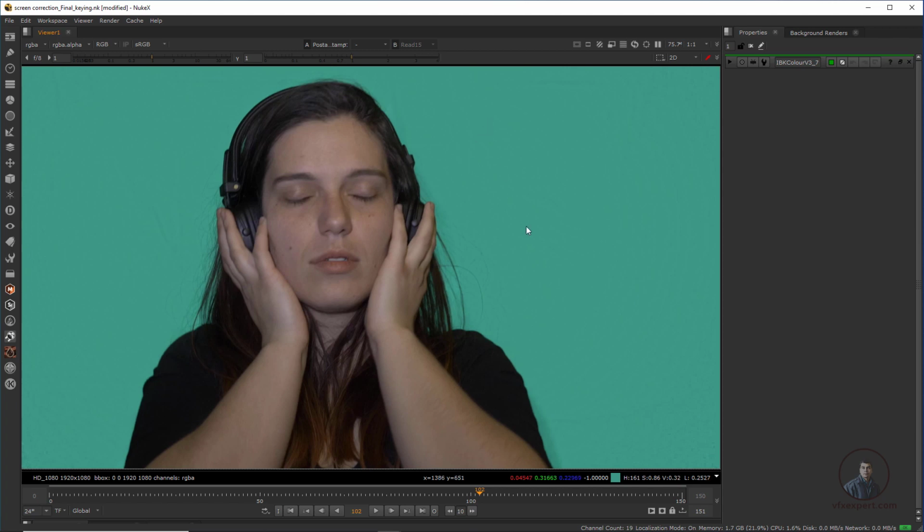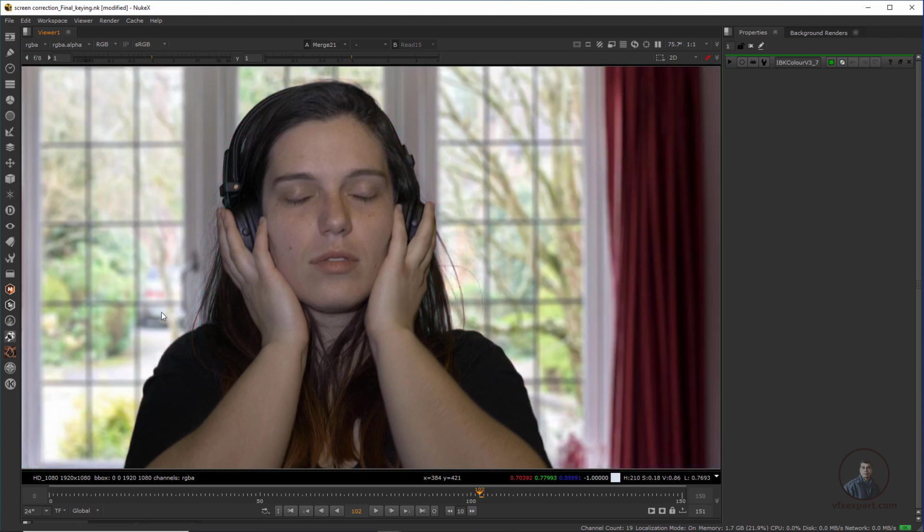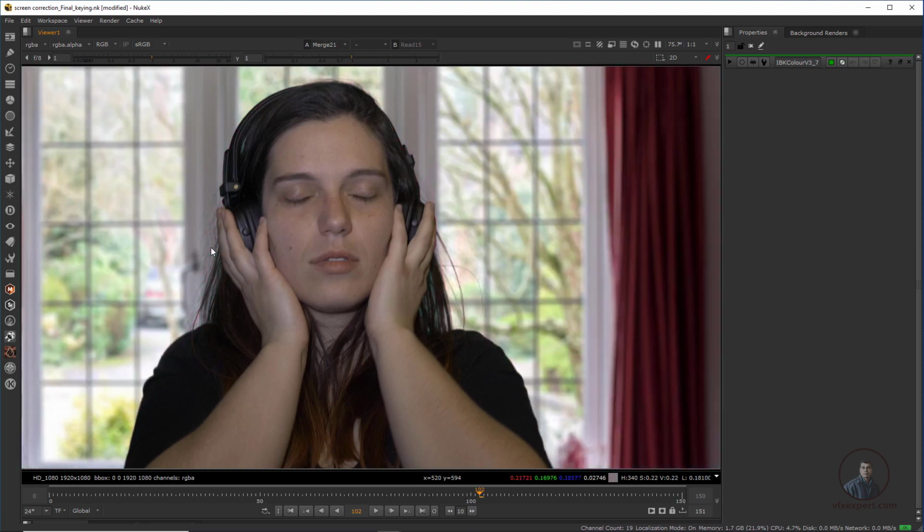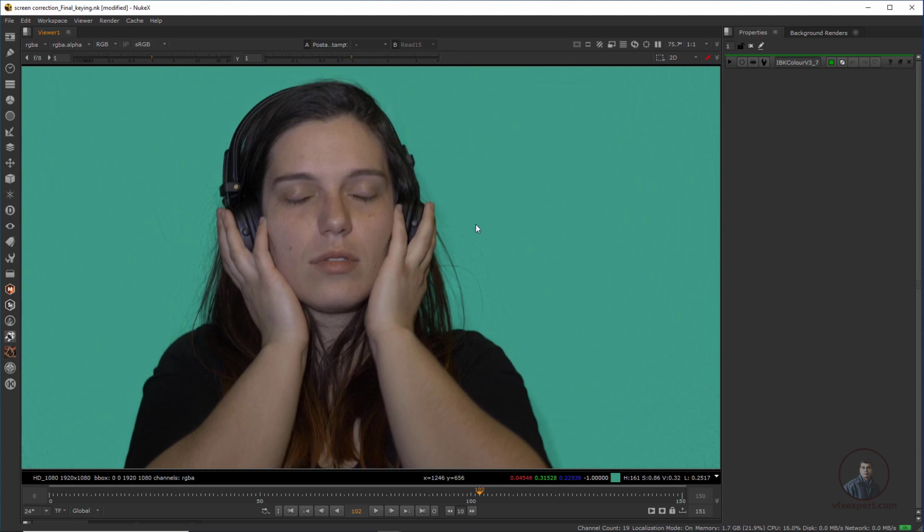We will remove this screen and compose this shot on any background. We will see advanced spill suppression, and also how we can restore all these hair details. If you compare, you can easily see that I have restored everything here. First we will remove our chroma, then we will do the final compositing in Nuke.